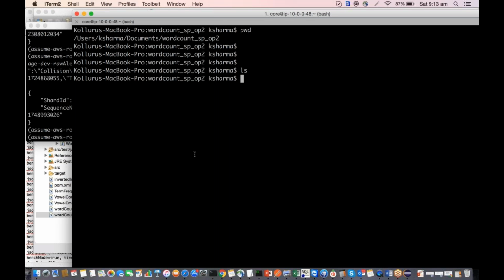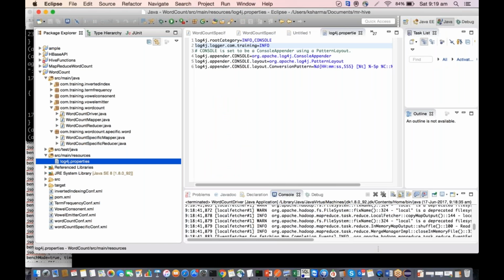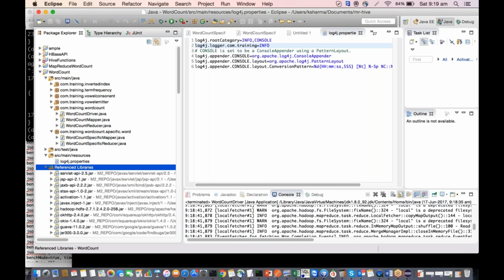Interesting, it does not get any output. Does this mean it has even run? I think you have observed that it was not showing any logs and everything, and it's stopping abruptly. So what let's do, we will create a